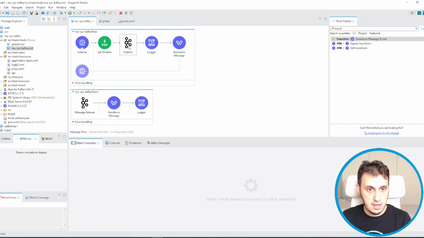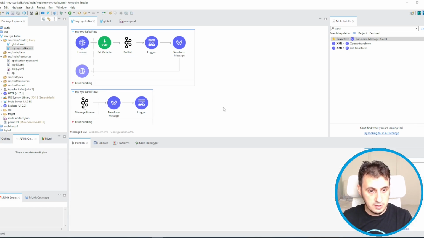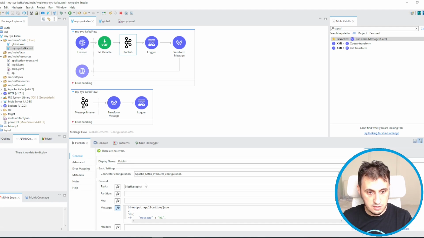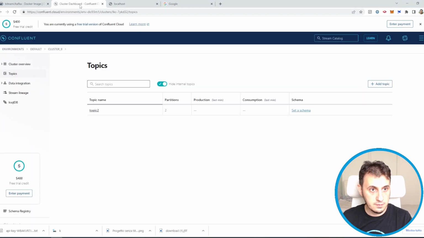So I have to publish not to topic 1, but to topic 2. Kafka, we use the property. So this value is taken from there, and topic 2, it's okay.